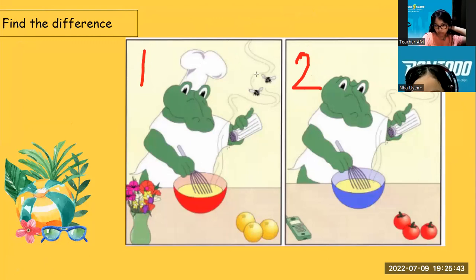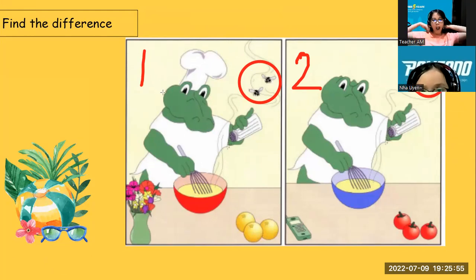In picture number one, the mosquito is flying, but there are two mosquitoes flying. But in picture number two, there is one mosquito flying. Very good. In picture one, the alligators